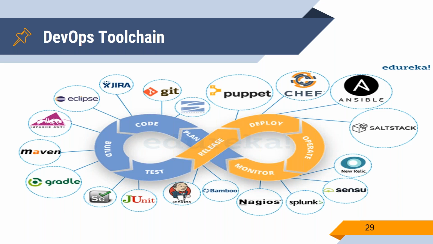If it is a JSP-based application, we have to create a WAR file, and then we have to deploy that WAR file in Tomcat or WebLogic or WebSphere. Like that, we have to know all the tools. What are the possible tools used for Java, and what are the possible tools used for .NET? Those kinds of stuff we have.